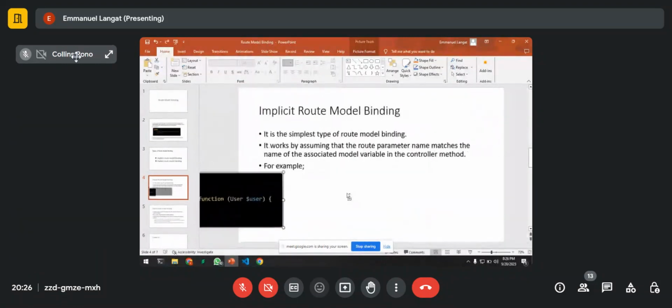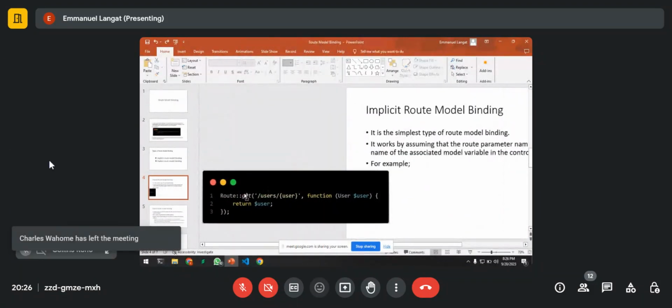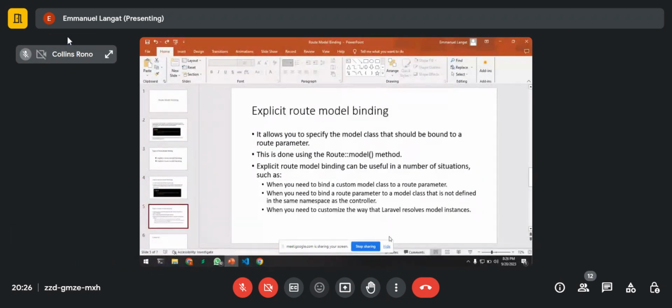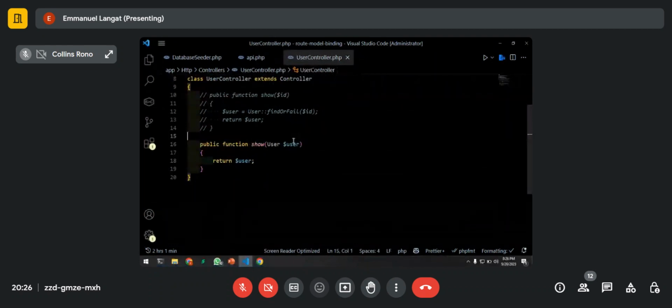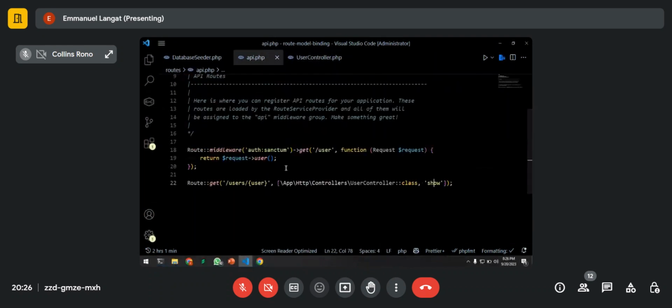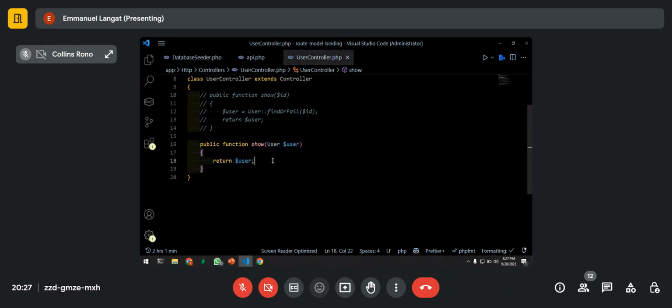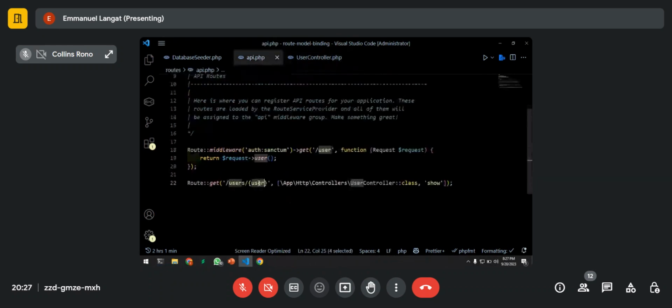Okay, sorry for that. Okay, let's now go to the explicit route model binding. Let me just show you how it works, then we can come and go through this later. So for explicit, you have seen, we may want to change this name just to be different from the one we can use here, or maybe we just want to customize how data is returned from that model you are querying. So here you will have to use the